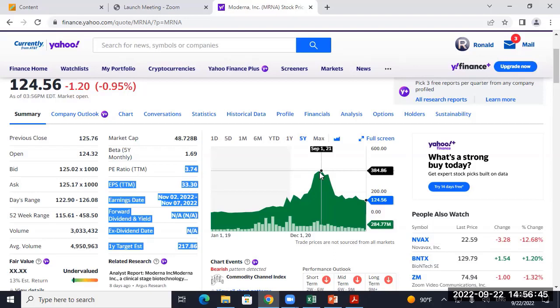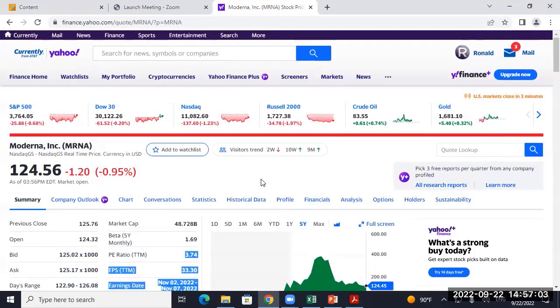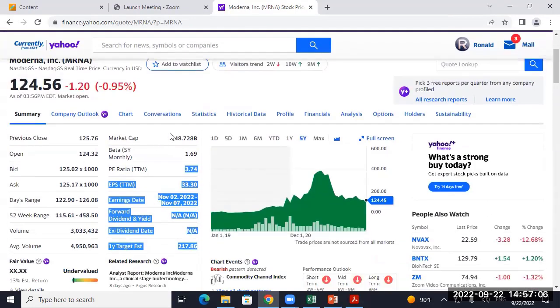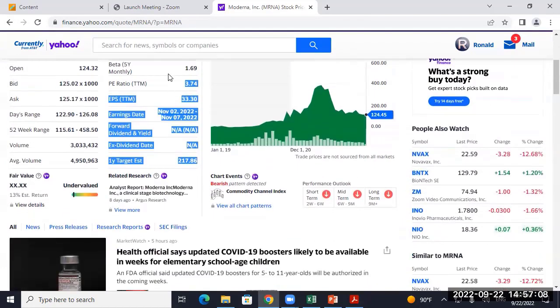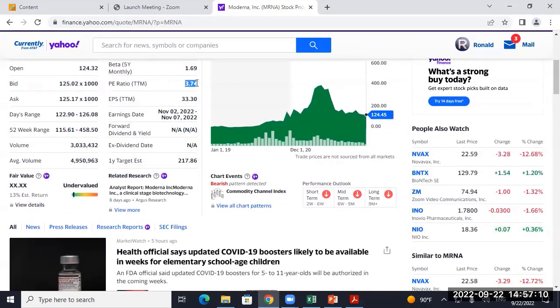COVID is not the only thing mRNA is useful for. They're finding other applications, but really cheap stock. I'm actually somewhat tempted to buy their stock because it's just so cheap. The market's expecting the earnings to keep coming down just because we're coming out of the pandemic, but they're still inventing stuff. So this is what you've got to ask. What would Moderna be, a growth or a value stock? Well, definitely value. Low PE like that, definitely a value stock.